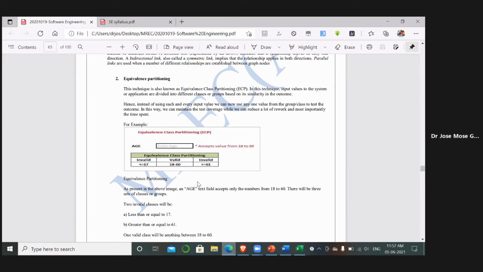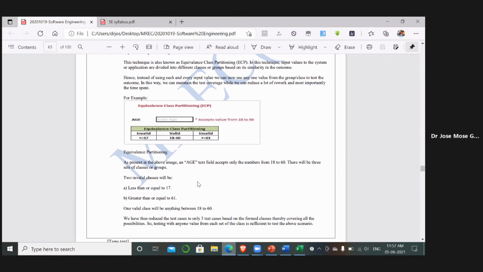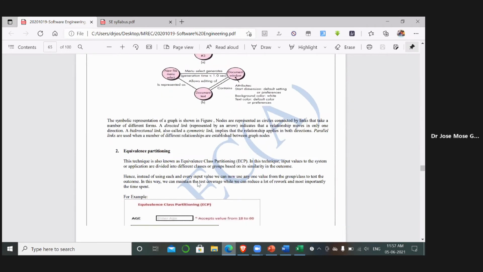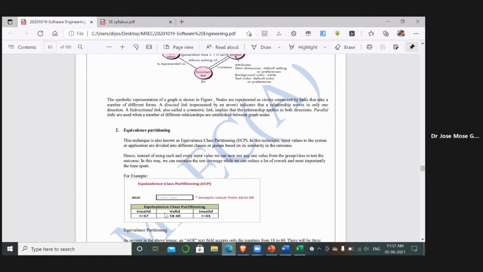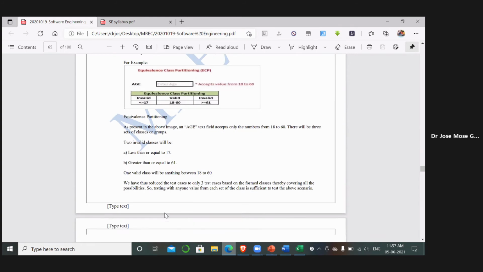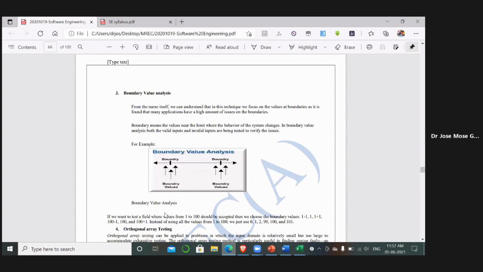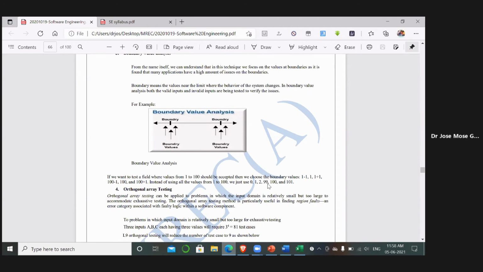Equivalence is nothing but whenever there is some clause, like if the age is greater than 18, issue license. If the age is greater than 45, issue vaccination. So there are some clauses for that particular value to be assigned to it, that is called equivalence partition. Okay, so boundary value analysis. Boundary value is nothing but if it is near to the analytic part, that comes under boundary value analysis.